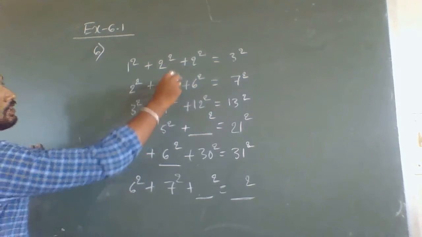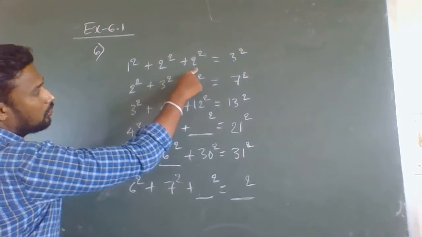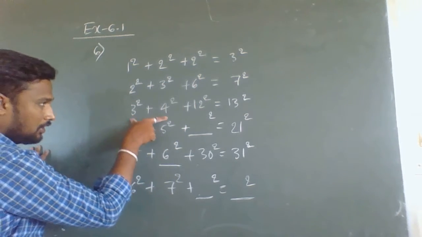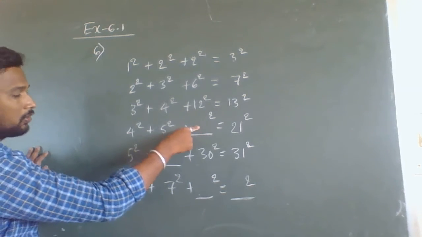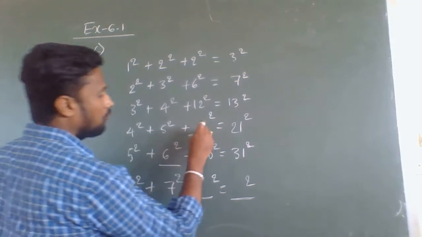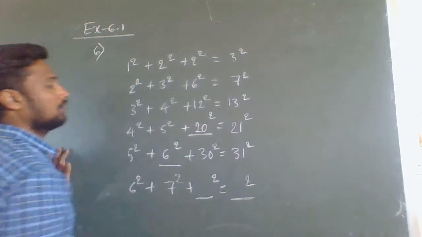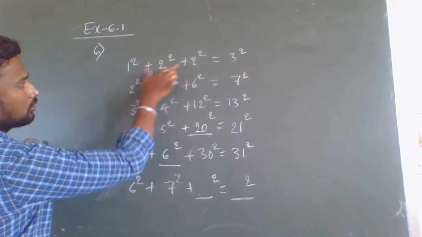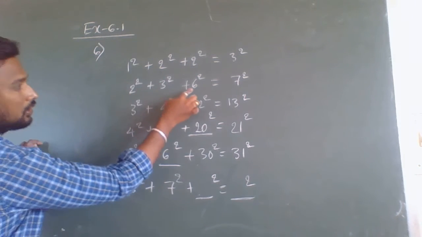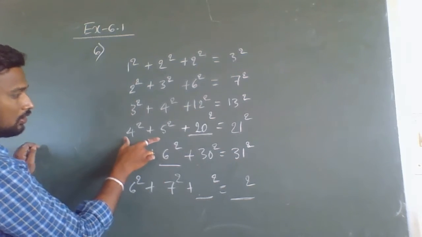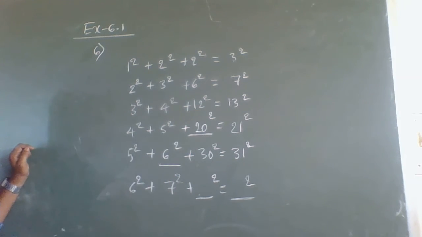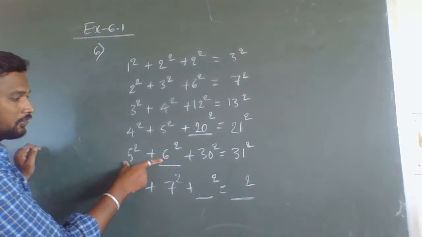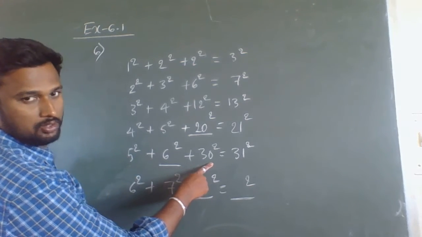Now in the third step, you can see 1 into 2 you get 2, 2 into 3 you get 6, like that 3 into 4 is 12. So what do you get for 4 into 5? 4 into 5 means 20. So here 20 square will come. See again, 1 into 2, 2 into 3 is 6, 3 into 4 is 12, 4 into 5 is 20. Like this you can also cross-check this question. Here we have written 6 as the answer. So 5 into 6, what do you get? 30 only. So this is correct.